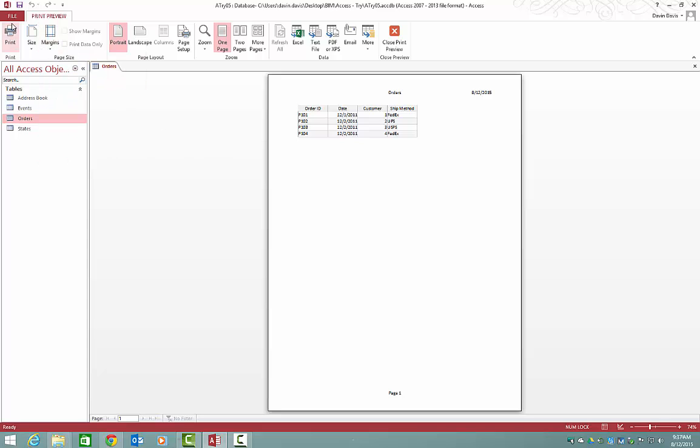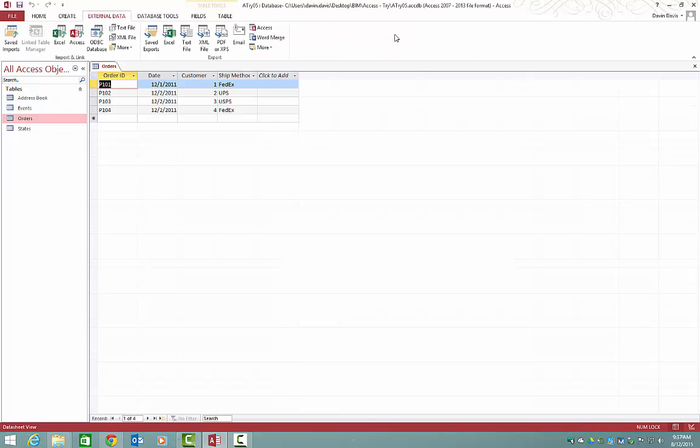And then you have your print button right there. Alright, to get out of print preview, just hit Close Print Preview right here, and then we're back to where we should be. Alright, okay, to set a password, you have to